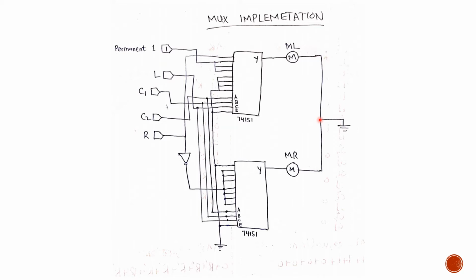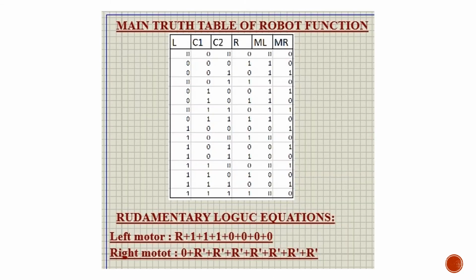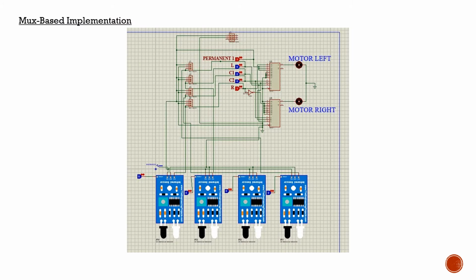So this is our mux level implementation, and now we will take this implementation and make it in Proteus. So this is our truth table again, and these are the two equations. So this is our mux based implementation in the Proteus software, and you can see here that we are using